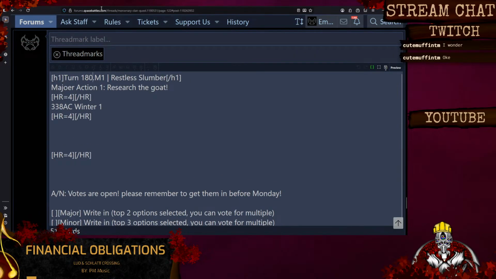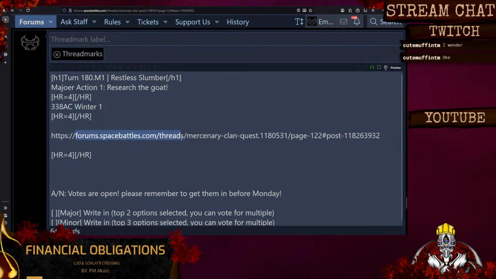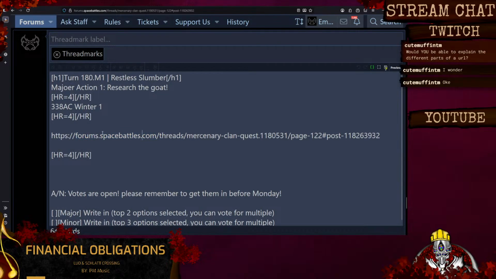Yeah, sure. So let's take this URL here, right? This part is the domain. Well, technically, this is the domain. This is kind of part of the URL, but it's for the purposes of DNS resolution, right? So when you go to a site,